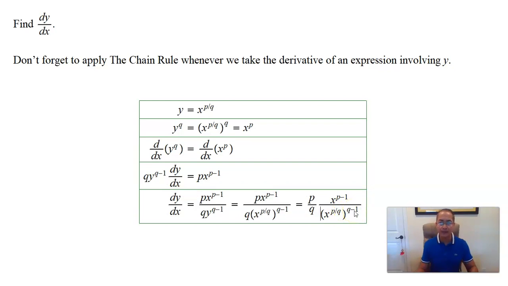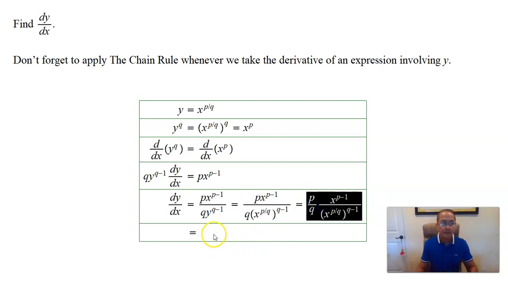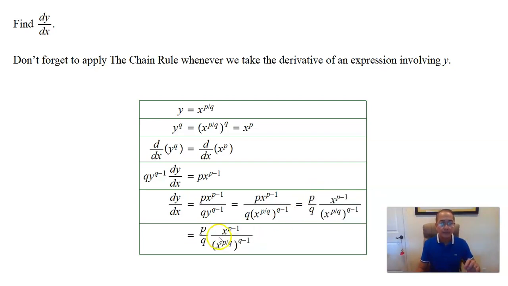1. And once again, we can apply our power rule. When you have two powers like this, you can multiply the exponents. Okay, so let's move over to the next line. Multiplying the two fractions, the two exponents together, p over q times q will simply give you